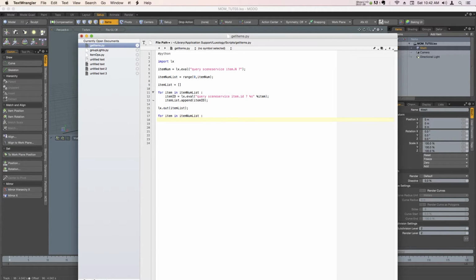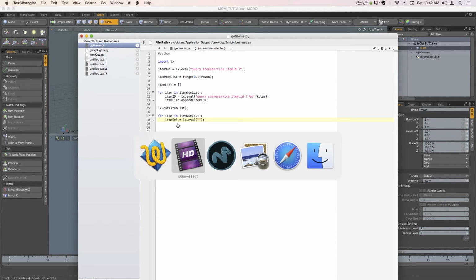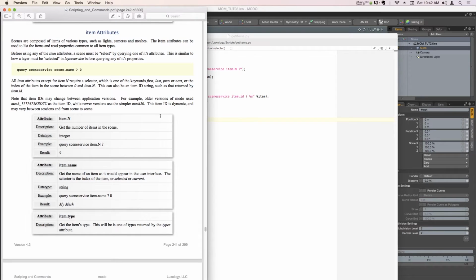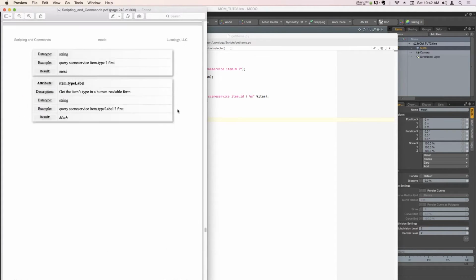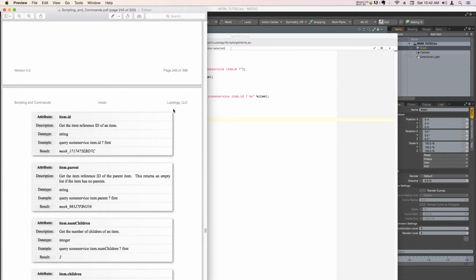And what we want to do is check and see for each item in this list if it is selected. So I'm going to create a variable, just call it item SEL, and we're going to do another query command. So let's go to that PDF and look at the item query commands over here. And if we scroll down, we'll see